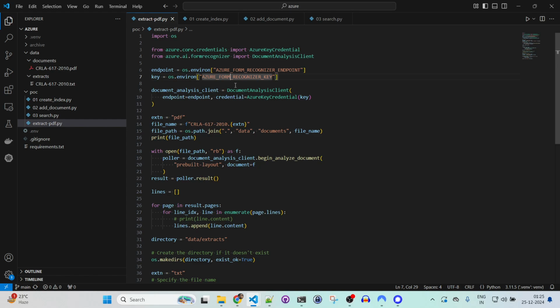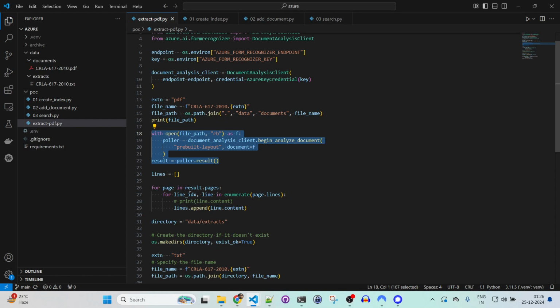So with that setup, I have this court judgment PDF being converted into text. I will not go through the whole code. This is all available in GitHub. The point of interest is just this one, this client, which gets initialized from this endpoint, coming from the environment variable that we set up in the env file, and the extraction happens right here. After that, I have all the pages, and then I can grab every line in that page. So I convert that into a txt file, and we are ready to go to the next step,